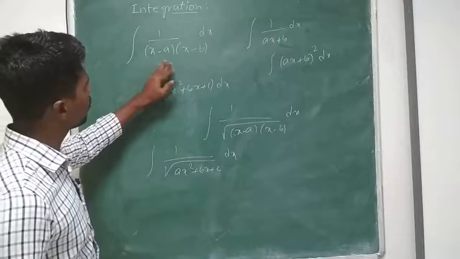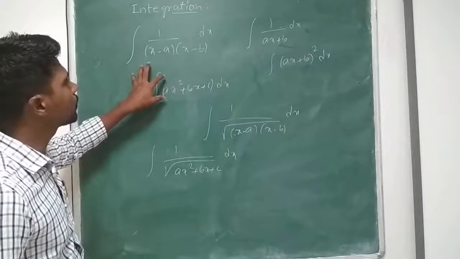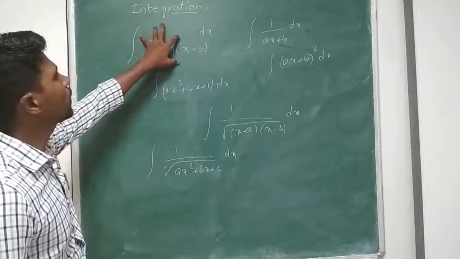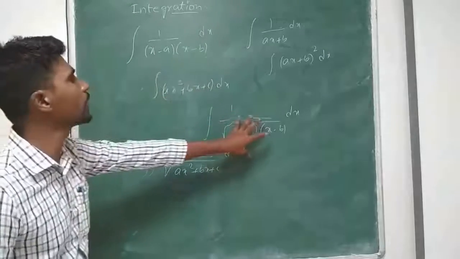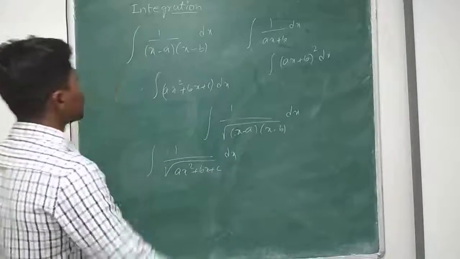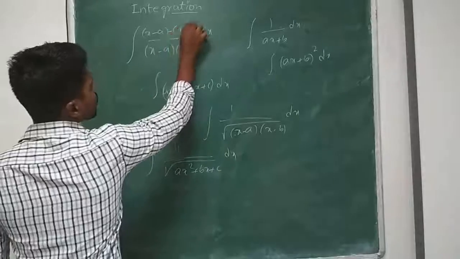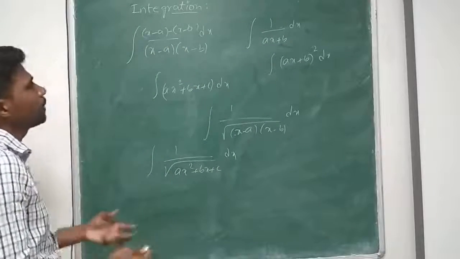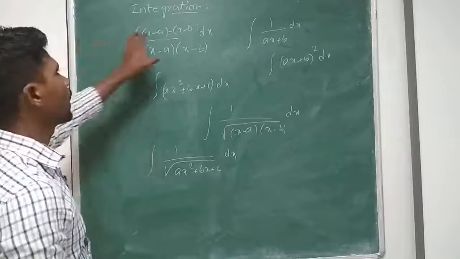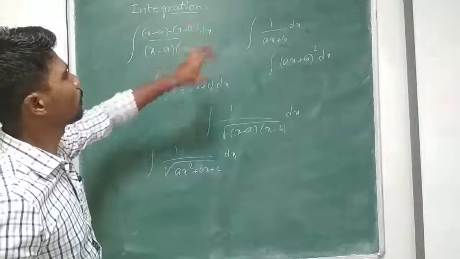See, these may look the same, but the difference is, this we can split in the summation form, but this we cannot. In the previous cases we did (x minus a) minus (x minus b), and extra what we added was b minus a. So we can divide, after that we split. These two get cancelled. We get 1 by (x minus b) minus 1 by (x minus a).